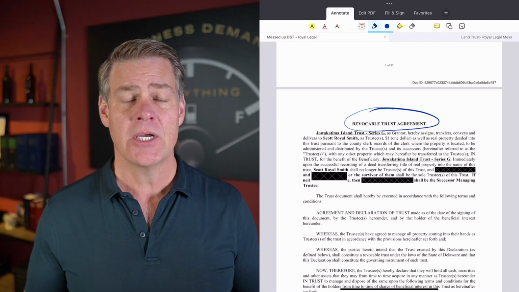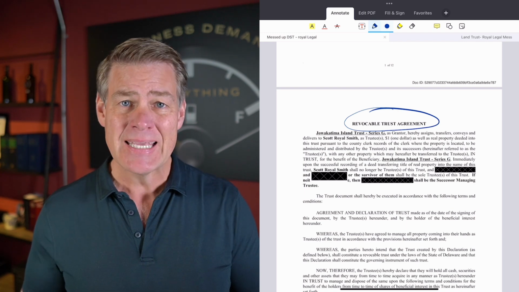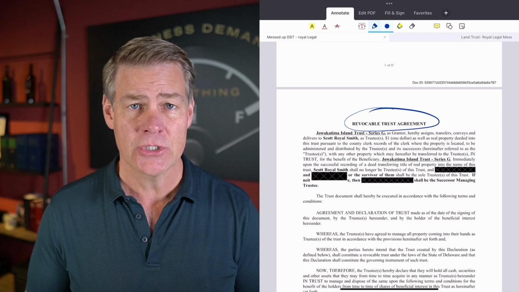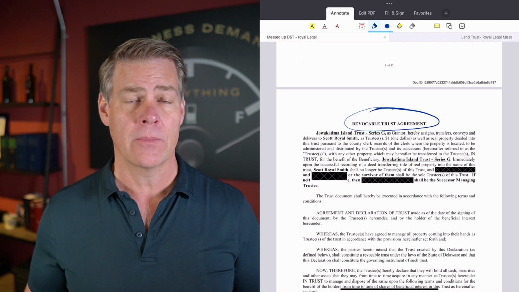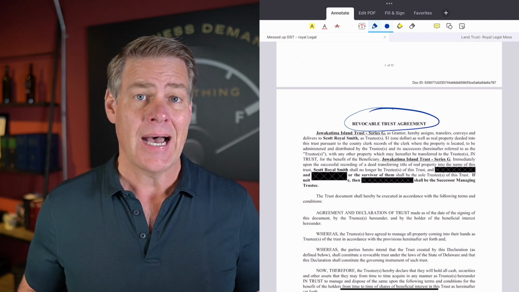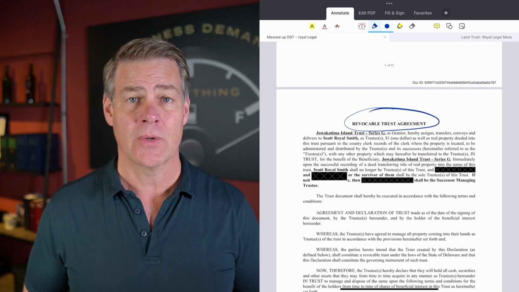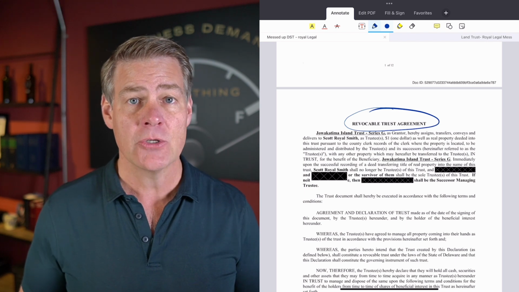Now, this trust here purports to be that type of trust because the drafter of this trust does not understand what is required in order to be a grantor trust. In fact, I would advise you do not set up a Delaware Statutory Trust or any statutory trust to meet grantor trust